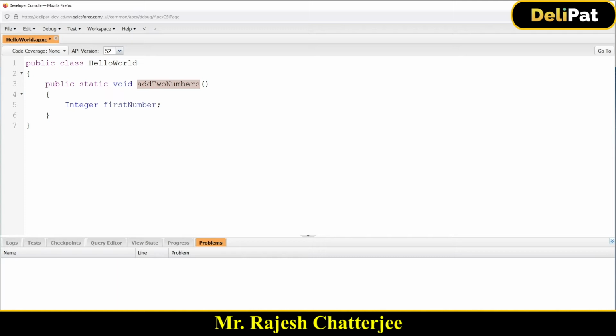Let me give a real-time example. Suppose I am writing an Apex class to check whether the lead phone number that you are entering while creating is a duplicate or not. Now you need a variable in the Apex class to hold the new phone number that you are entering. The data that has been entered in the lead phone number, you have to hold it somewhere. For that you need a variable. A variable is something which will hold the data temporarily in the runtime.